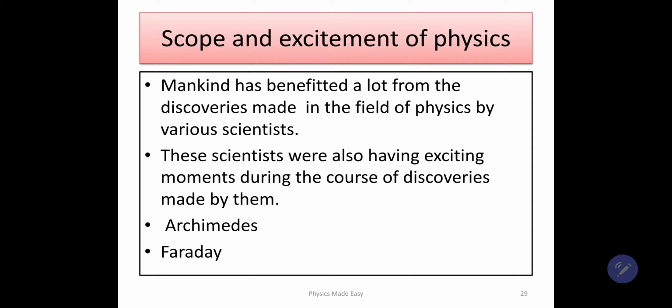You might have heard about the story of Archimedes, who was a very famous Greek scientist. He discovered the principle subsequently named after him after noticing that the water in the bathtub overflowed when he stepped into it. He ran through the streets shouting "Eureka," which means "I've got it." This knowledge helped him to determine the purity of gold in the crown made for the king.